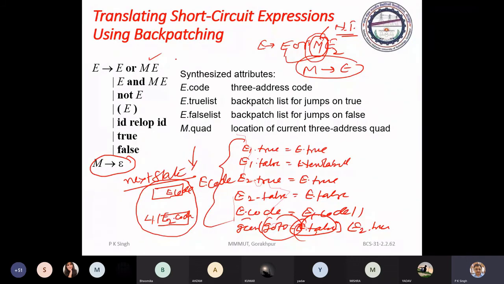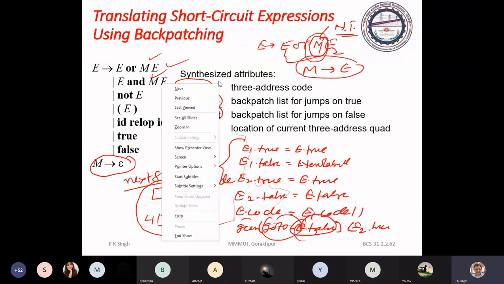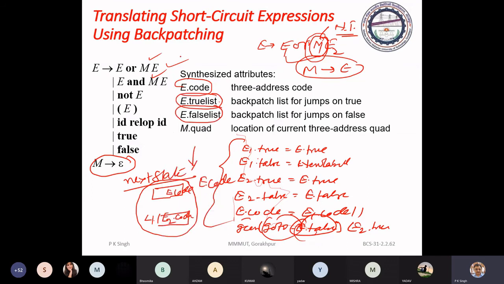So see, here we have a marker production, here we have the marker. Since size attribute E code, you are familiar. We have now two lists, E true list and E false list, just for patching. In our case, E true list is nothing but E true. E1 true is E true.